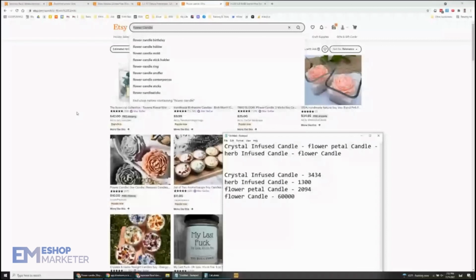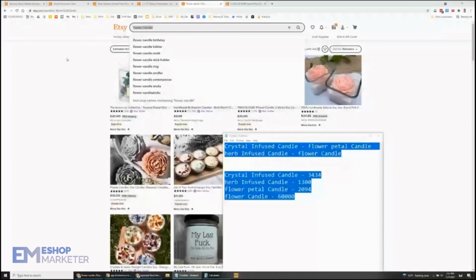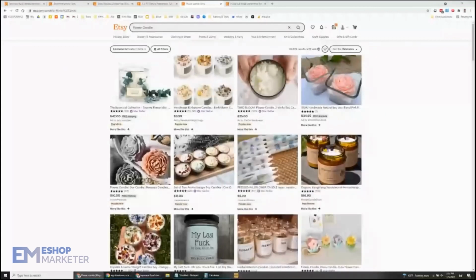So love the shop, Christy. I think you're doing a great job, and I love that you got a lot of products there. I just popped those keywords for you into the chat so you can check them out and get some ideas there. And best of luck. I think the main thing is to just work on those